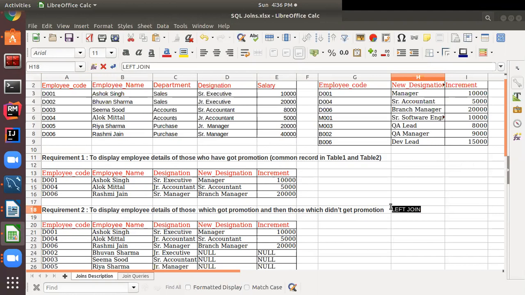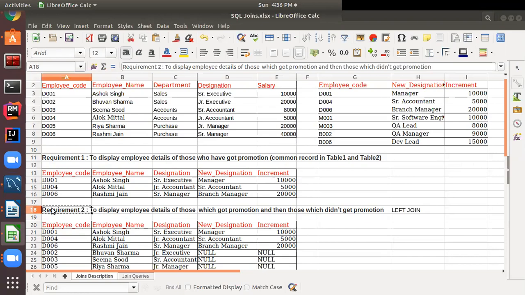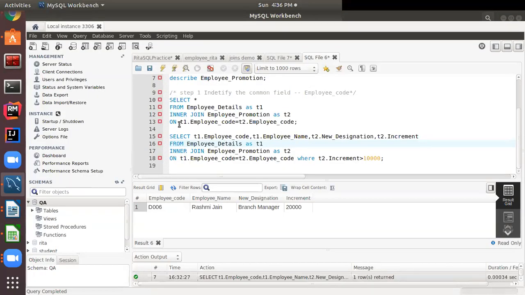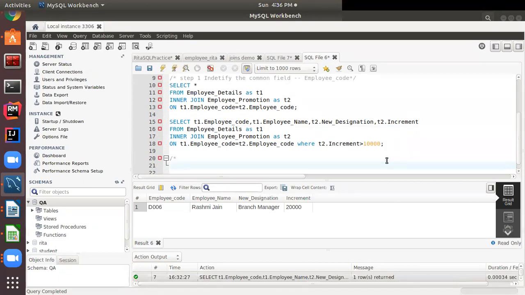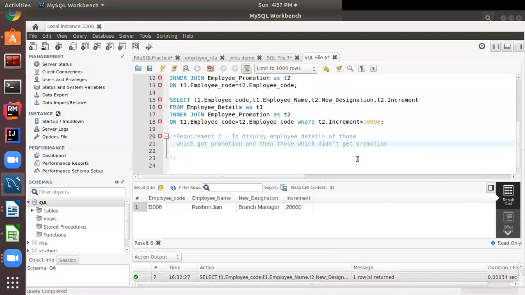Let's do this in practical. Let me copy this requirement. So my second requirement is this: those who got promotion and then those who didn't get promotion.